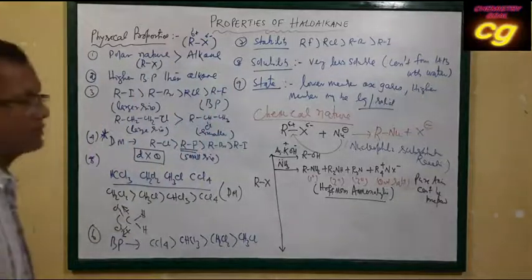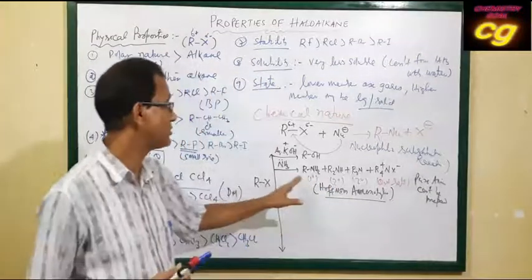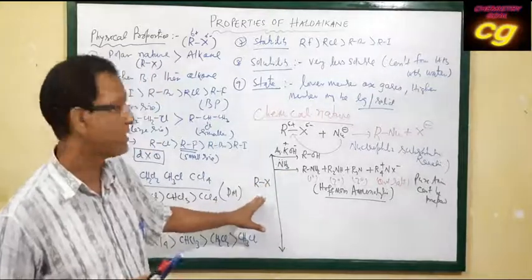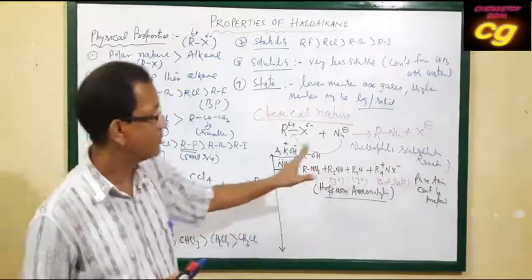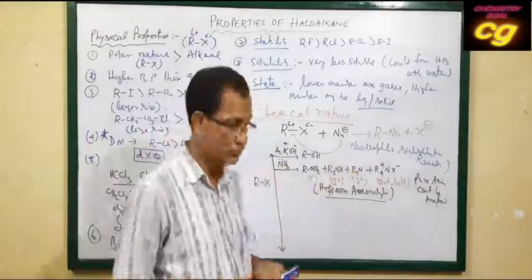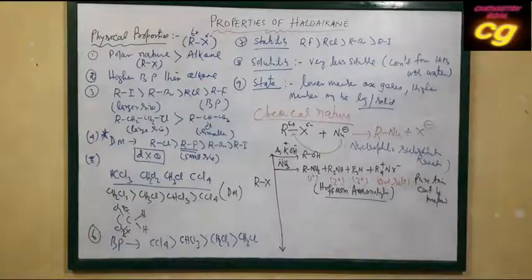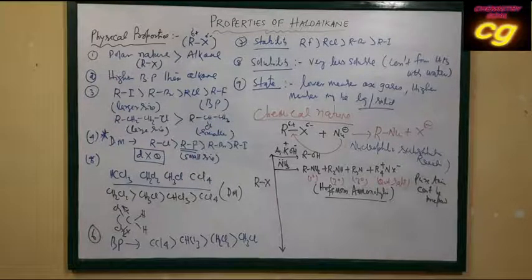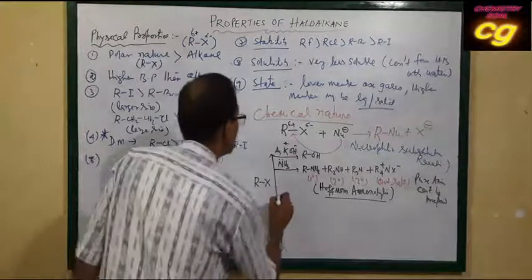During Hofmann ammonolysis, action of ammonia with what? Haloalkane. The pure amine cannot be prepared because a mixture of amines is produced during the reaction. So with ammonia, then if you take